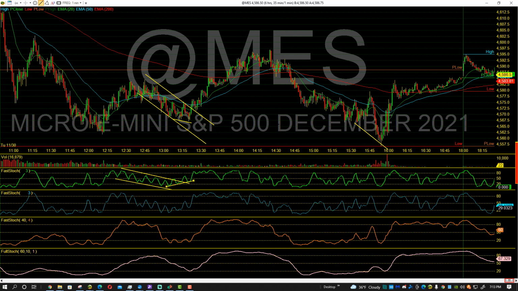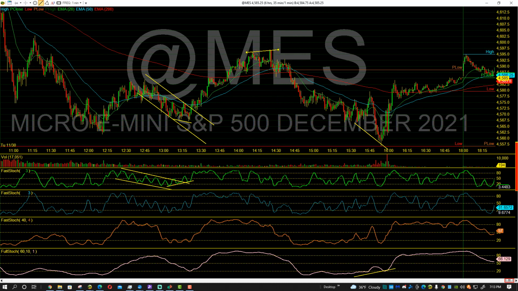Then if we look at the end of the day here, that was at 1 o'clock. The market at the end of the day coming in. And I was just looking at the stochastic, the 60-10 down here at the bottom, which represents our 5-minute time frame, and there we have another 5-minute divergence. Not to mention, do you see another divergence here? Before I show it to you, do you see it? I'll give you 5 seconds. 3, 4, 5. All right. If you pick this right up here,